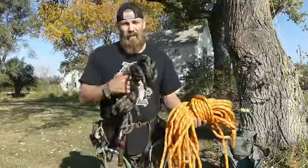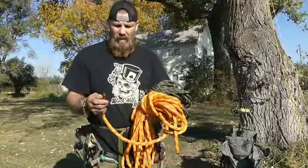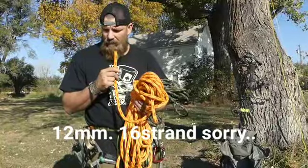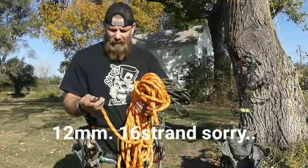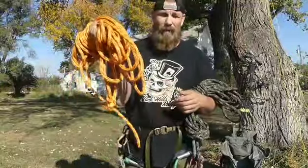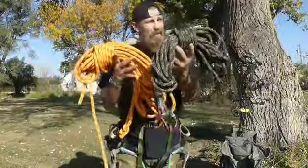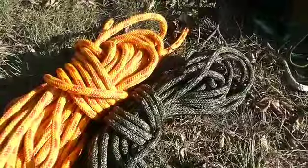So I'll show you the rope that we were using, the rope that we're going to be using. This here is the old school rope. I believe this is 16 millimeter, and it's a good rope. It's overkill though. This thing is huge. It's 80 foot, 16 millimeter, I believe, and just really heavy. You can see the size difference in these two ropes. So this is, to be fair, this is 50 foot. This is 80 foot, but